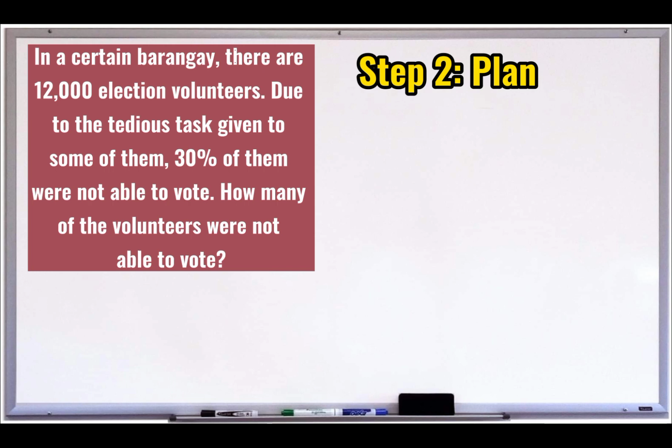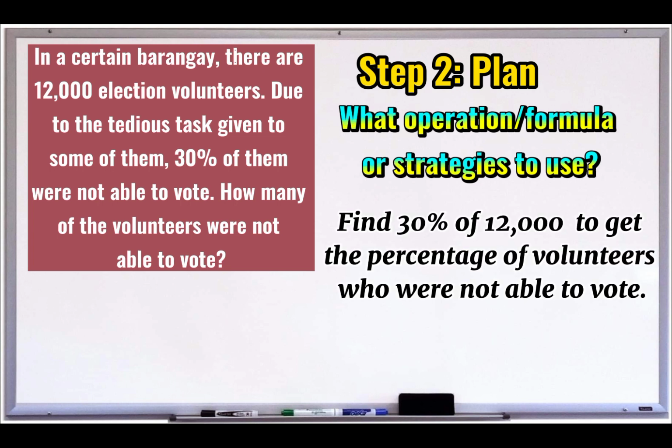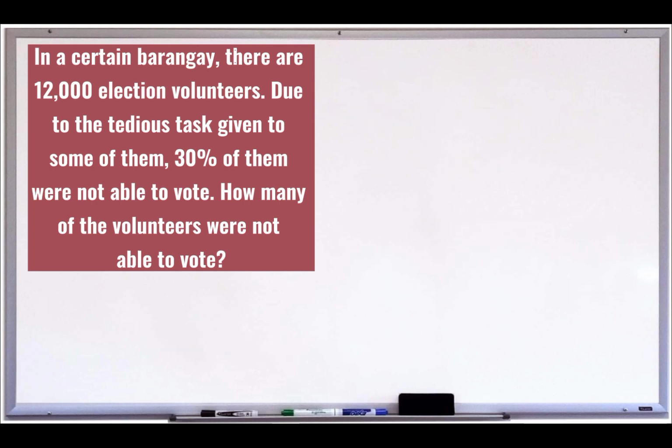Okay, pagkatapos nating malaman ang what is asked at saka what are the given facts, tutungo na tayo sa susunod na ating step, which is plan. What operation or formula or strategy to use in the problem? Based on the problem, we are going to find 30% of 12,000 to get the percentage of volunteers who were not able to vote. And then, we can use the formula, percentage equals rate times base, or P is equal to R times B. Since we already know the strategy and the formula to use, we are now going to